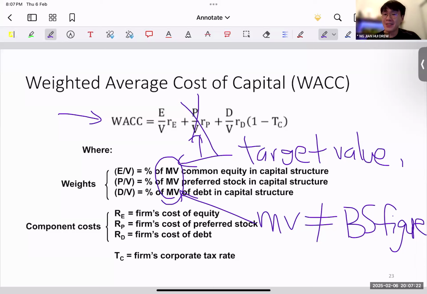okay, so that's a good question. Will market value be provided? So in your own report, let's say your final exam, your group report, that's why it's a group report, that's why your final exam is not a sit down 3 hour paper, because you need to use information from the internet, you need to do your own research. So in that sense, you need to determine your market value yourself. Hope you can see that market value is not a balance sheet figure. So if you use the numbers from your financial statement, it's going to be very wrong, and you'll be marked down for it.